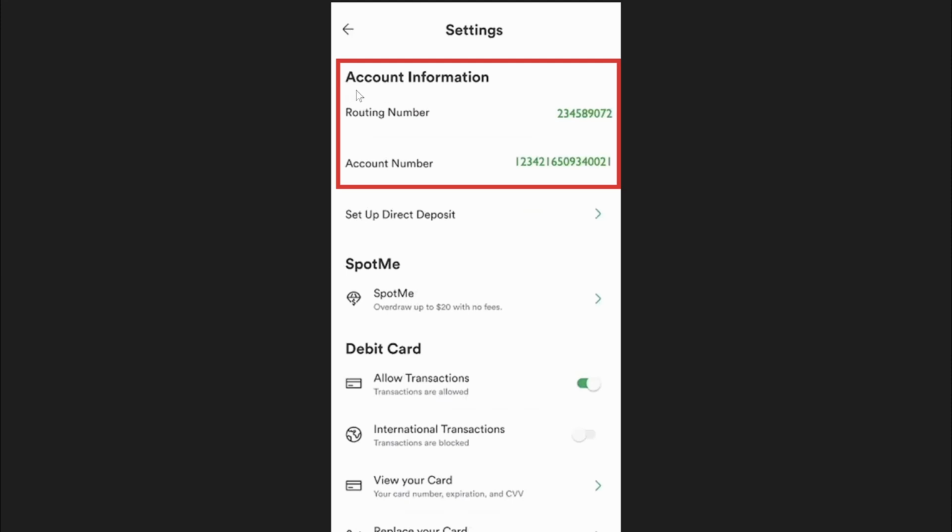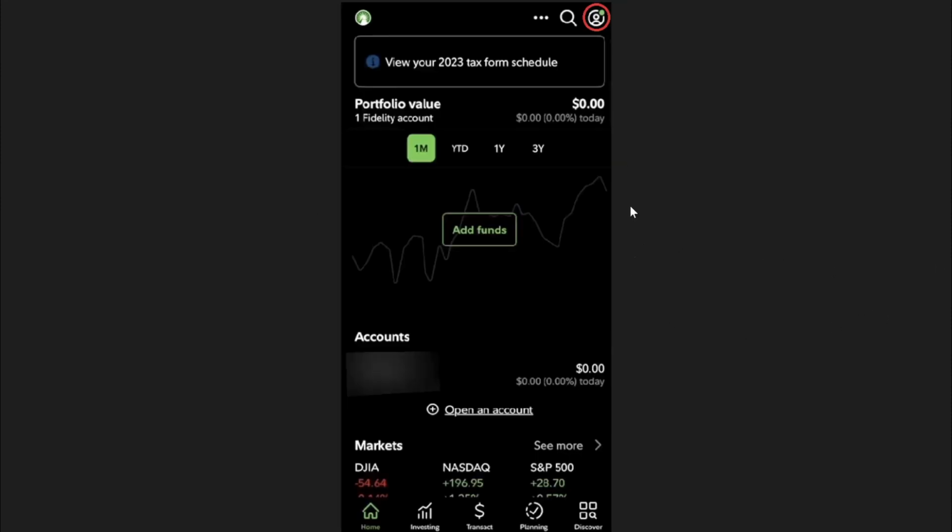From here, under the account information, you will see your routing number and account number. So just copy these numbers somewhere safe. And after you have copied all of these numbers, you need to open your Fidelity app and then log in to your